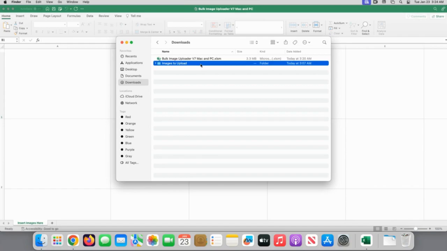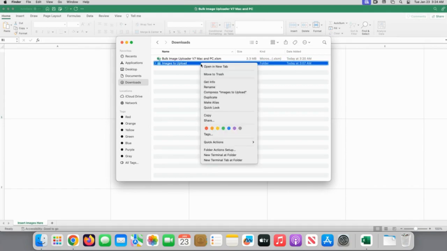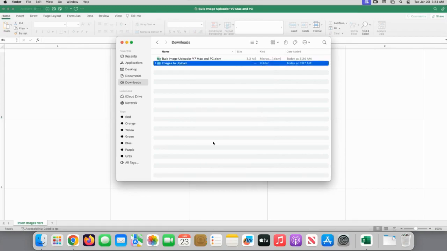I'm going to hold Control and click, which will bring up the menu. Or you can right click if you have two buttons. Then you're going to hold the Option button and you'll notice you get an extra option here, which is copy whatever the file name is in quote marks as pathname, and then click on that. So that will then copy that. If you come back to Excel,